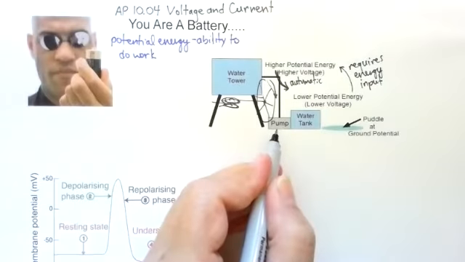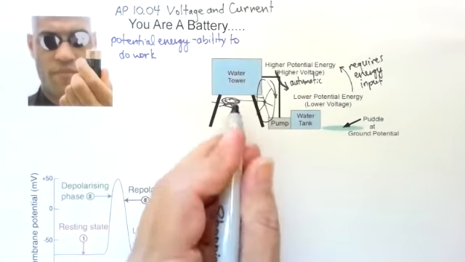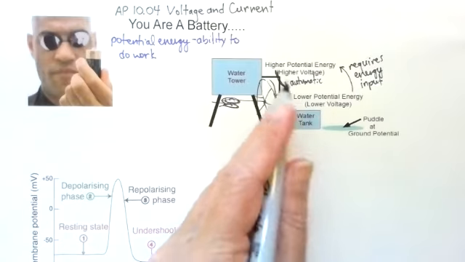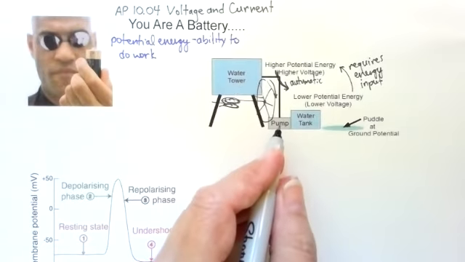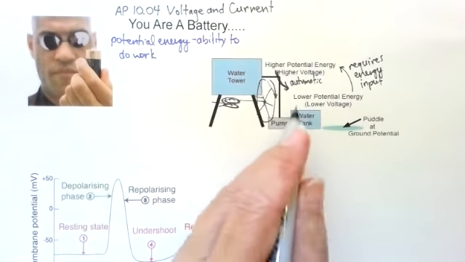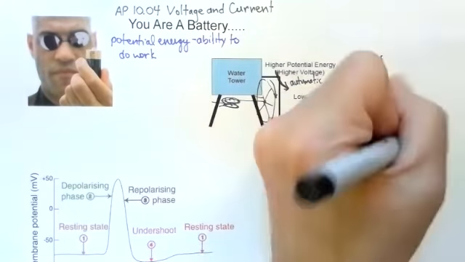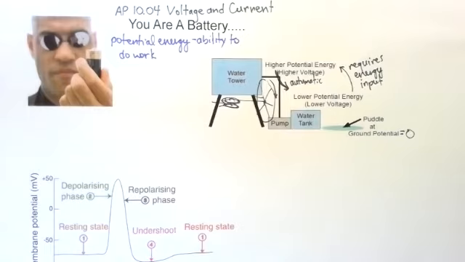And that happens in the form of a pump. So if I want to get my water back up to my water tower, I have to pump the water up there using electricity. So my energy input to get the water back up would be electricity. Here I have a puddle, and that's completely at zero. So ground potential would be zero. And we give it numbers. So we say the lowest potential is zero. So in this case,